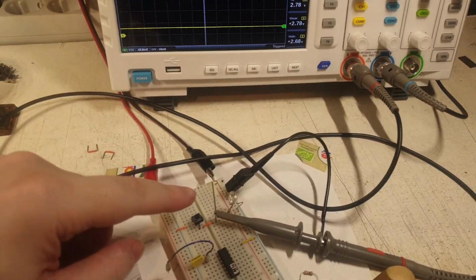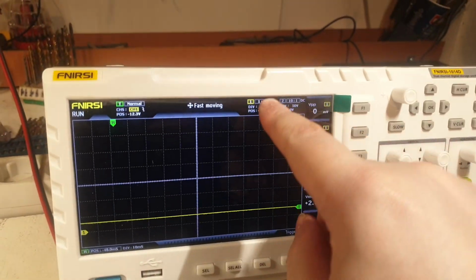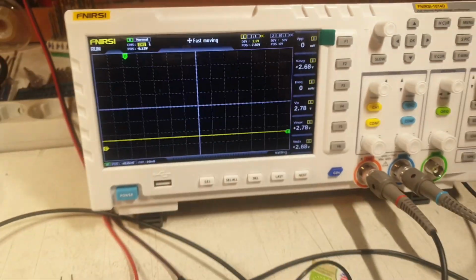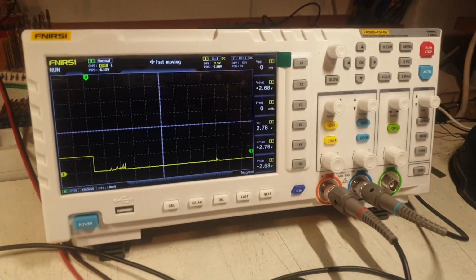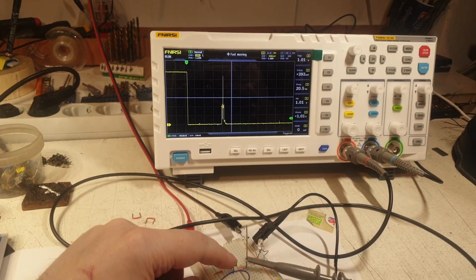And now when I'm pressing, also nothing happens. You see, it's still like the auto. It's not catching it, not freezing, not catching and freezing. But if I'm lowering the voltage, and you will pay attention there. So now when I switch it to something under 5 volts, now when I'm pressing this button, it catches and freezes the signal. And now when I'm changing it to more, to 500 millivolts, you see, when I'm pressing here,